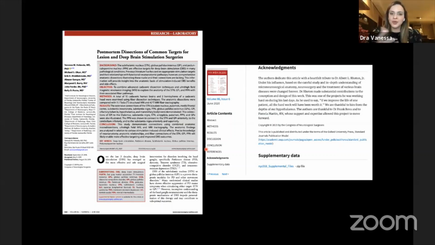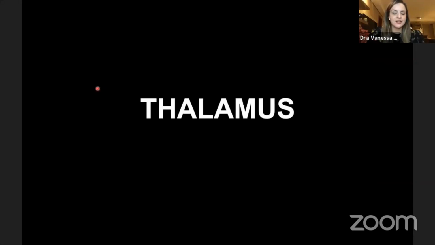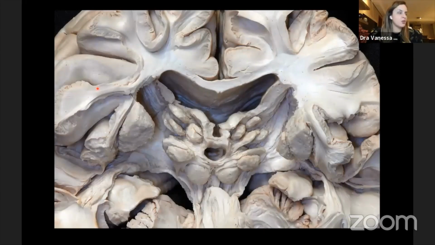And you can see many of these dissections that I showed you in this paper that just came out in Neurosurgery in June this year. That is my main work over there at Dr. Rhoton's lab, and also Dr. Abuzer Gunger is here. He helped a lot in this work. So, and for the thalamus, just some points. And when we go deeper in the thalamus, we can see